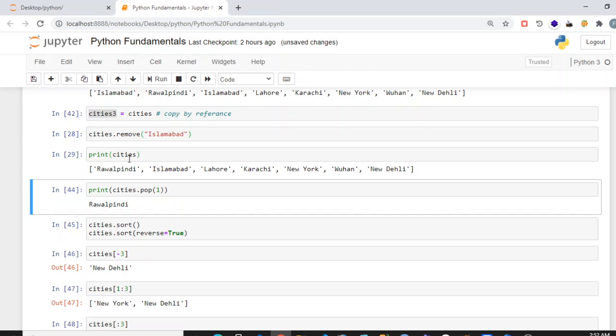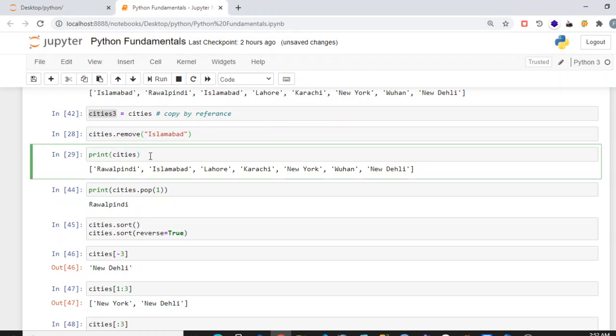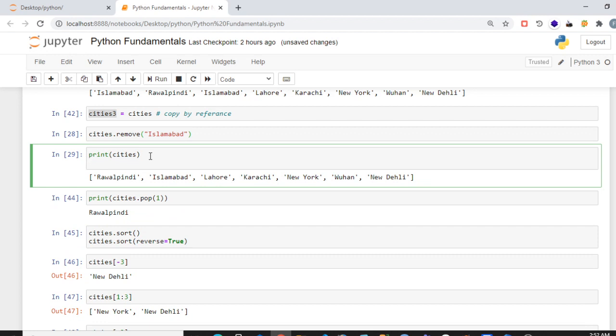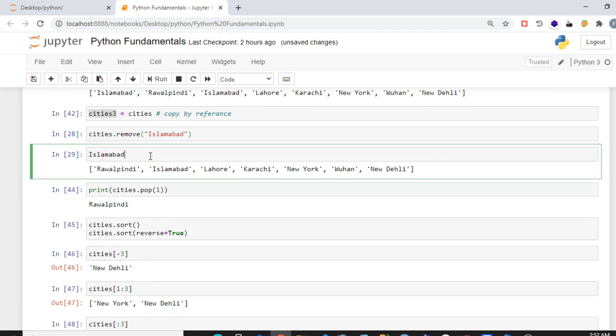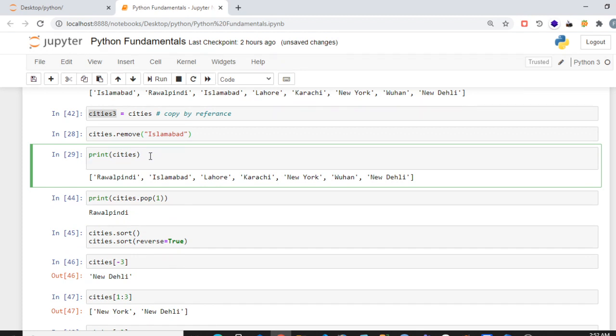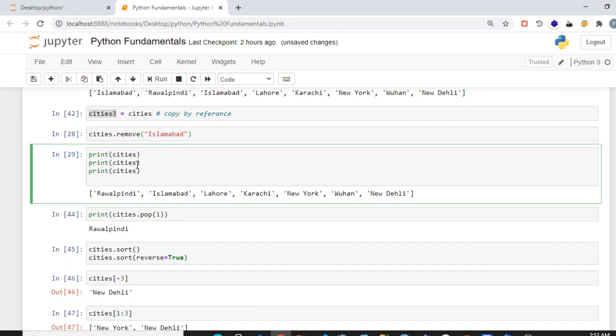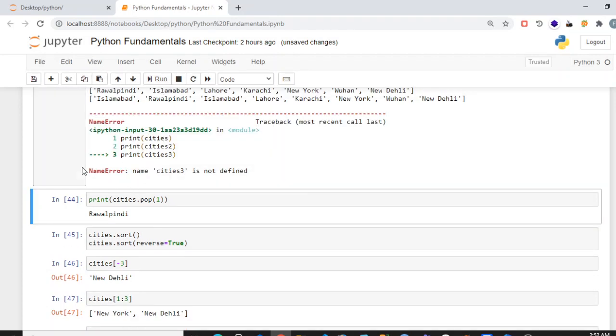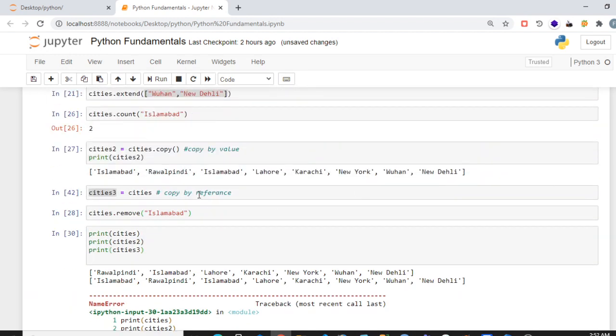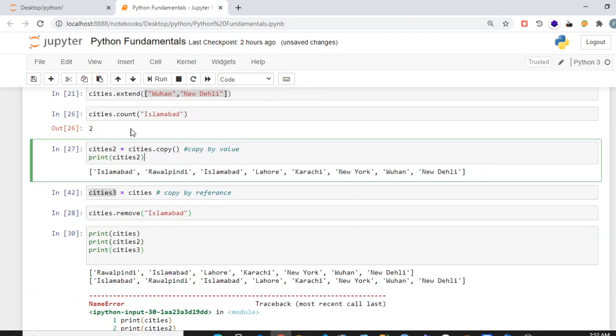You can see first Islamabad is removed from the cities list, but if I print, I haven't run these commands yet.